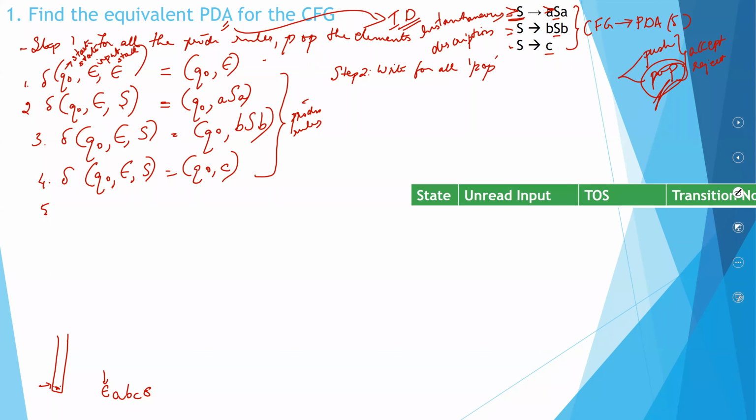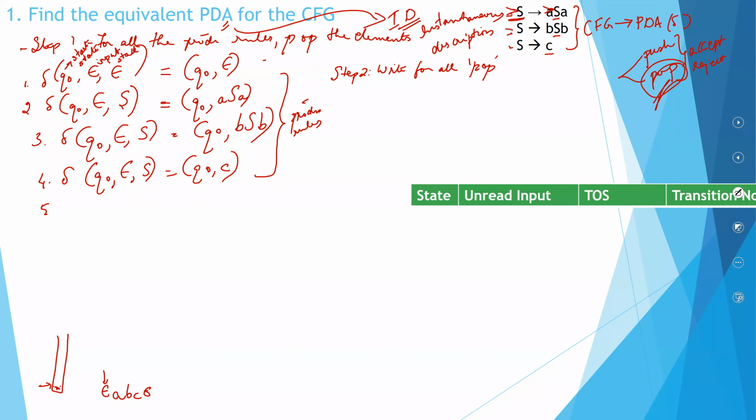Look here, I have an A, which means it is this particular step which is satisfied, isn't it? The top of the stack is A, even the input is A, which means I can pop it off. And which state will I be going into? I will be going into a state called Q1. I will have SA, courtesy, step number 5. So, we are now in the state Q1 with the input BB, CBBA, SAA.